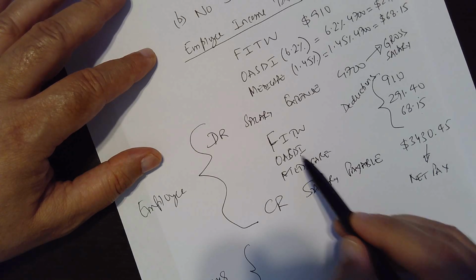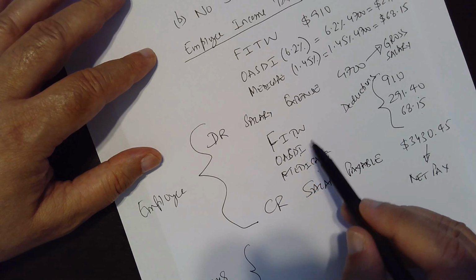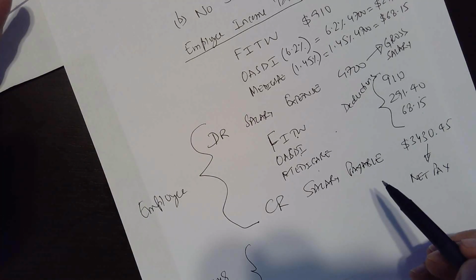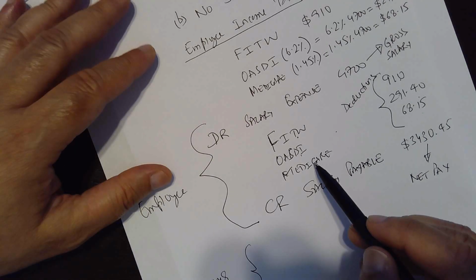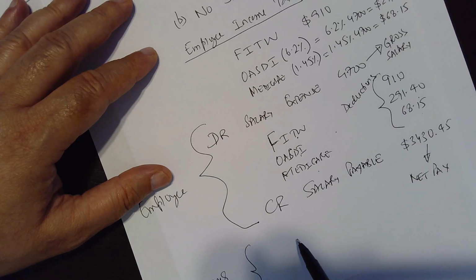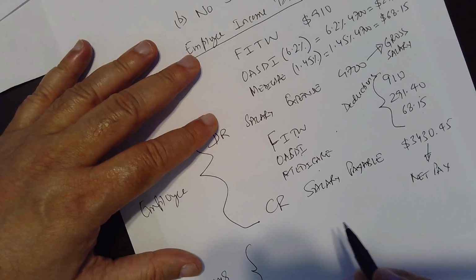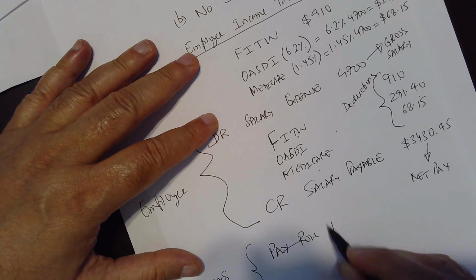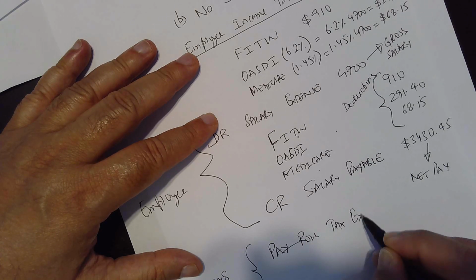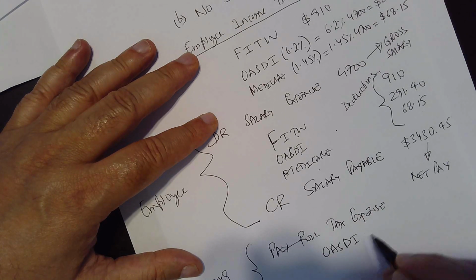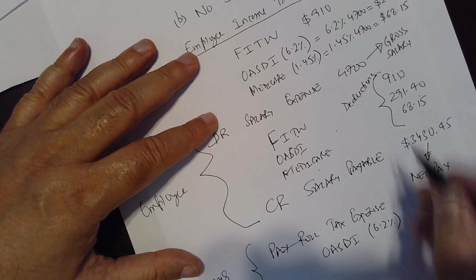OASDI, which is Social Security and Medicare, whatever the employee is paying, the employer also has to match. So basically 6.2% is going from the employee's paycheck and 6.2% will come from the employer. So payroll tax expense, it's called payroll tax expense, and it's OASDI 6.2%, same amount,